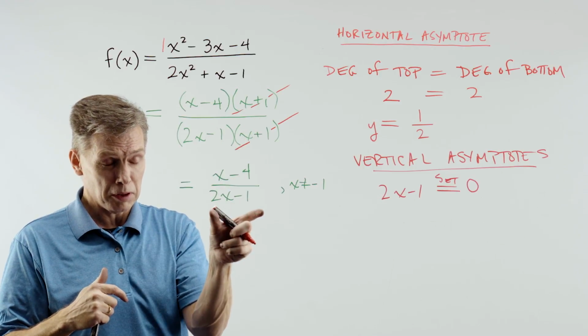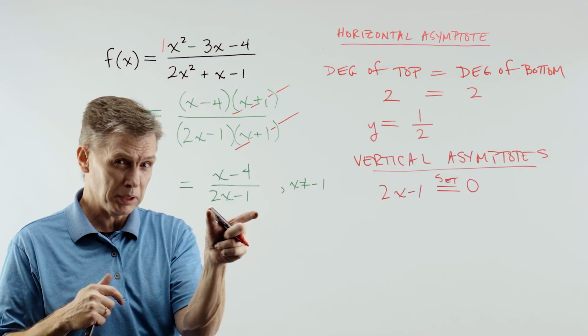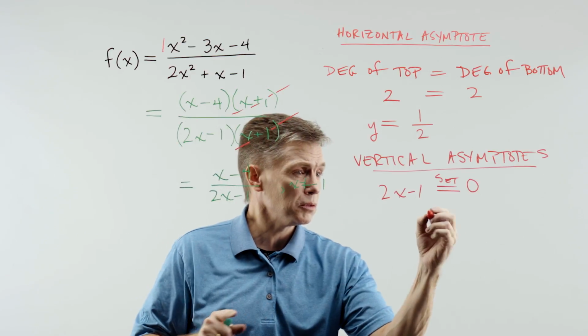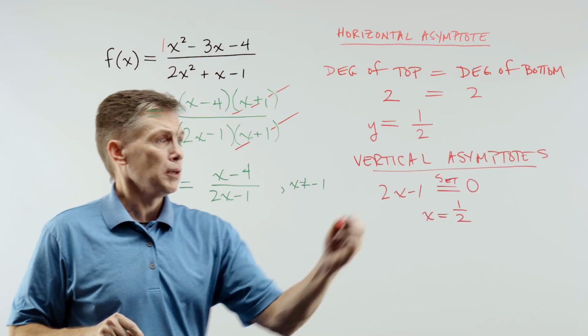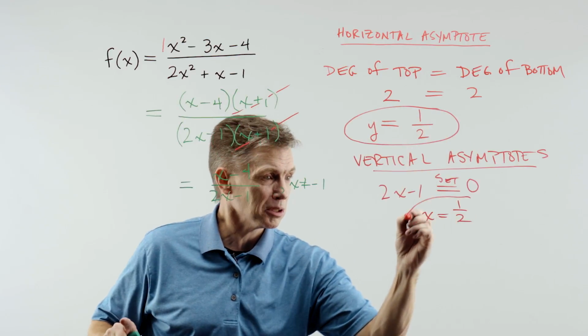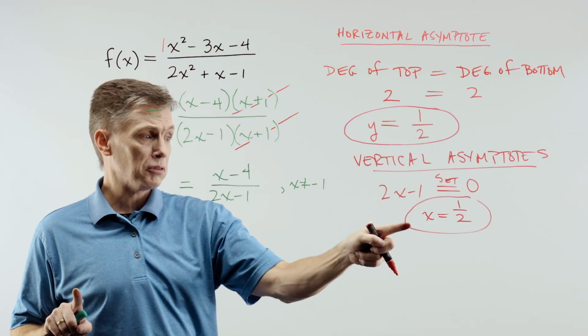But through these few steps, it's a matter of the simplified version of your function being undefined. So just grab that denominator, set it equal to 0, and we get x equals 1/2. And I'll circle these, just so you know. These are answers for us: y equals 1/2 is your horizontal asymptote, x equals 1/2 is